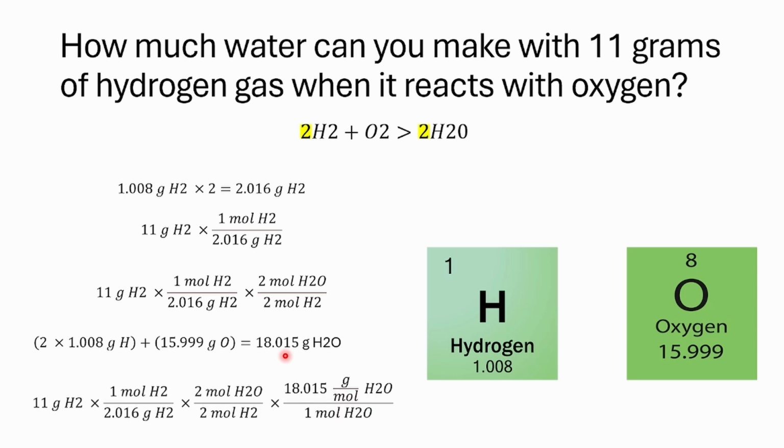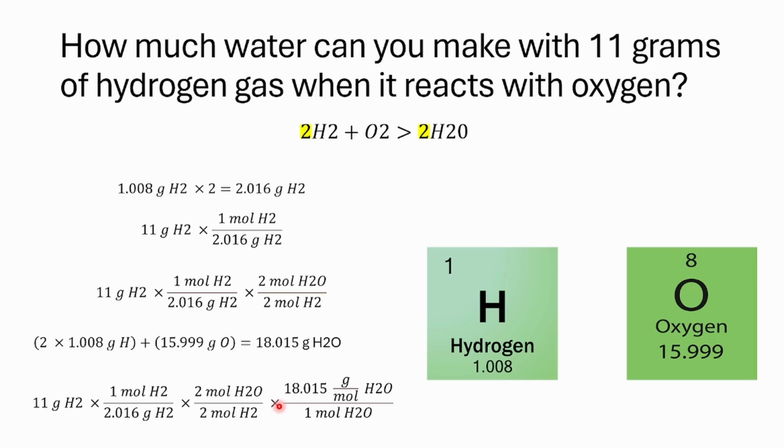Now what that will come out to be is 18.015 grams of water over 1 mole of water. So remember, out with the old, in with the new. Old on bottom, we don't want moles, we want grams. So just cancel out moles. And now